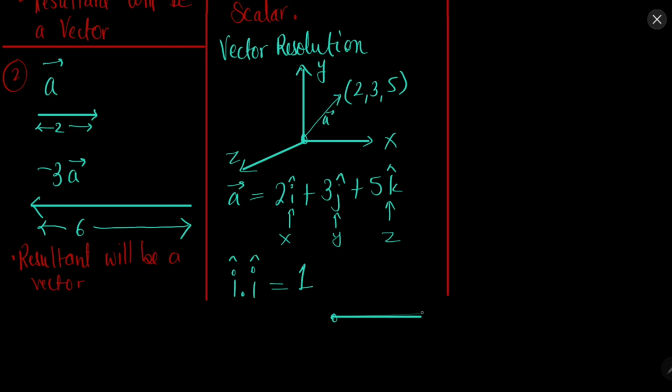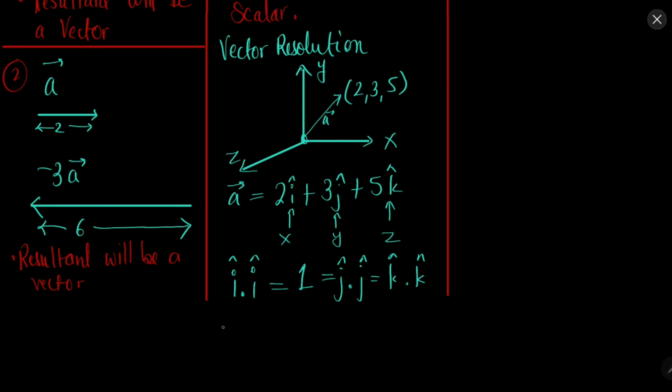It is quite simple to understand. Let's say one vector was in this direction, and the other vector is also in this direction. Both are in the same direction, so the complete projection will be there. If the second vector was like this, only this much projection would be there, but in this case both vectors are in the same direction, so the complete projection of the second vector is here. Therefore the value will be 1, because one vector is completely projected in the direction of the other vector. Similarly for j dot j and k dot k,